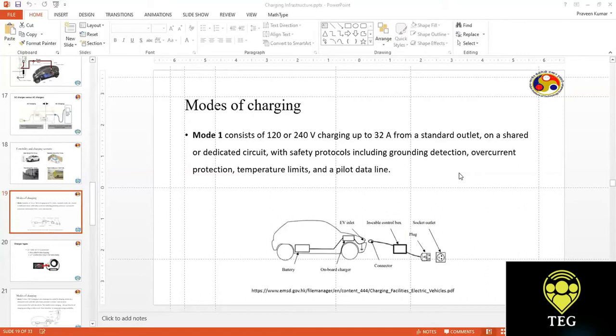Okay, and here you can see you would have a socket, and then a plug point from the vehicle, and also a control panel and a connector finally going into the vehicle. And here the mode 1 chargers are usually onboard chargers, so that means all the associated power electronic components for charging the battery are inside the vehicle. So that's something which we have to keep in mind.